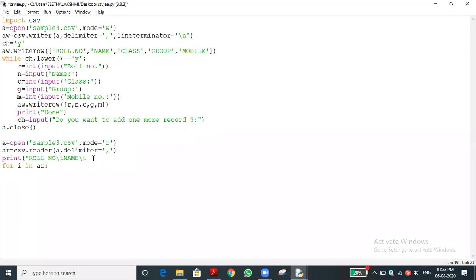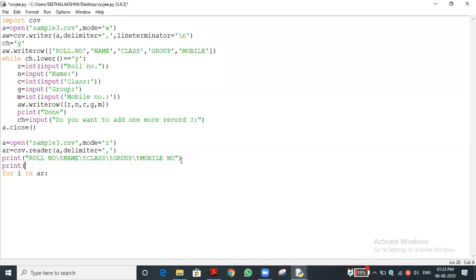Then name, after that class, then again \t, then group, \t, then mobile number. That's all. Likewise we give one print statement, and the next line prints the dots.